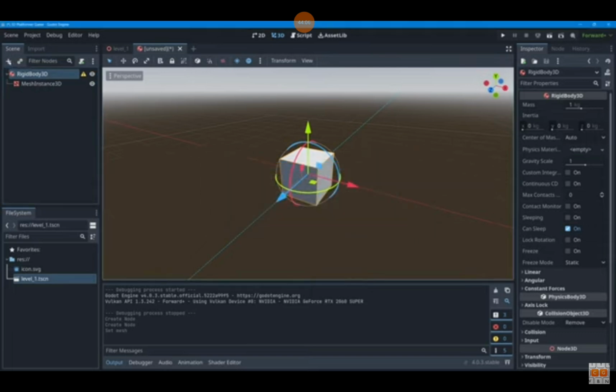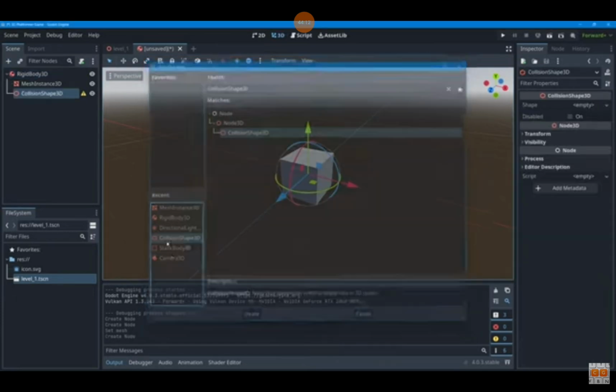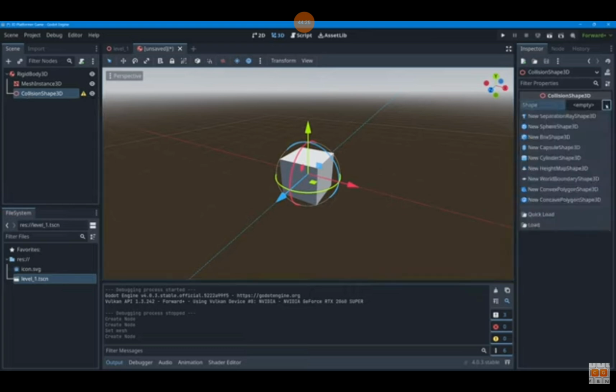So I'm going to select the root node, I'll press plus. I'm going to go to my recents list here and select a collision shape 3D and double click on it just like that. It has a warning, of course, the exact same as just a few minutes ago. We need to give it a shape, and so I'll select it. I'll go over to the shape property in the inspector, and I'll give it a new box shape 3D collision